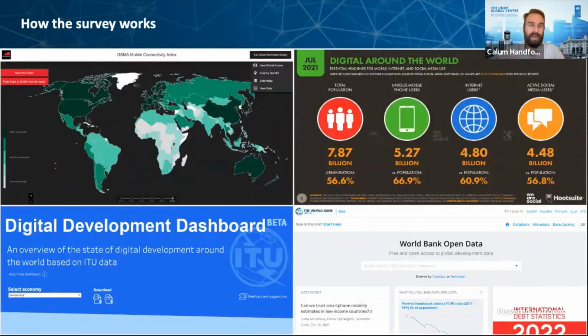Then we take all of this data that we get from civil servants, from the private sector, from civil society and other stakeholders, and we combine it with data that we take from across the international development and the technology sectors. This includes data from our UN family, so the ITU is one example, or the World Bank, but also data from social media partners, mobile network operators, and others. And we also, where possible, look at data that we can get from government, whether existing analyses, reports, or even open data as well.